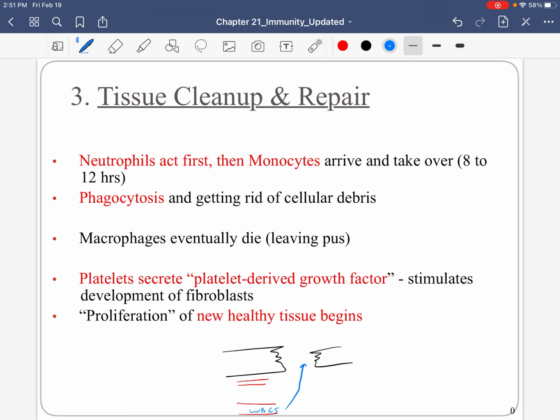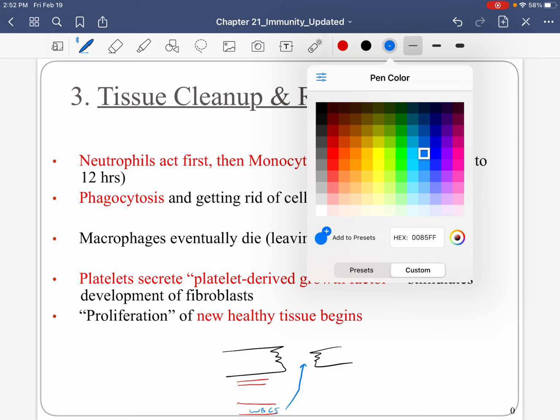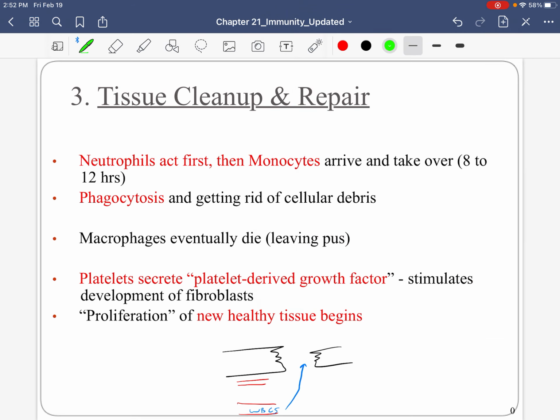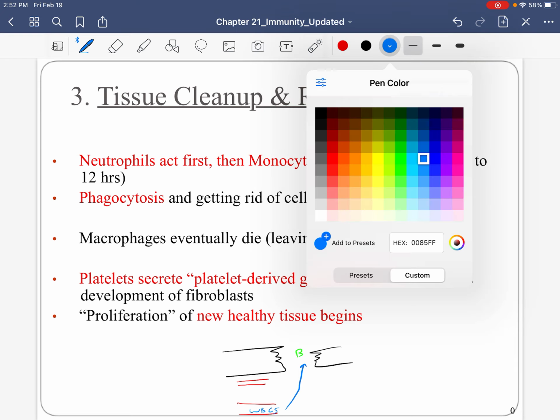And they move into the damaged tissue through a series of steps called leukocytosis, margination, diapedesis, and then they're chemically attracted to the area through chemotaxis. And now they can go in here and they can eat up the bad guys. Well, after we've gotten rid of the bacteria,